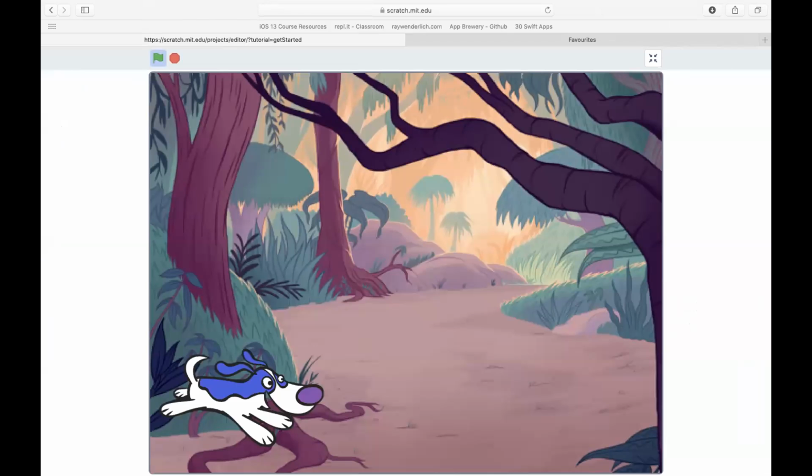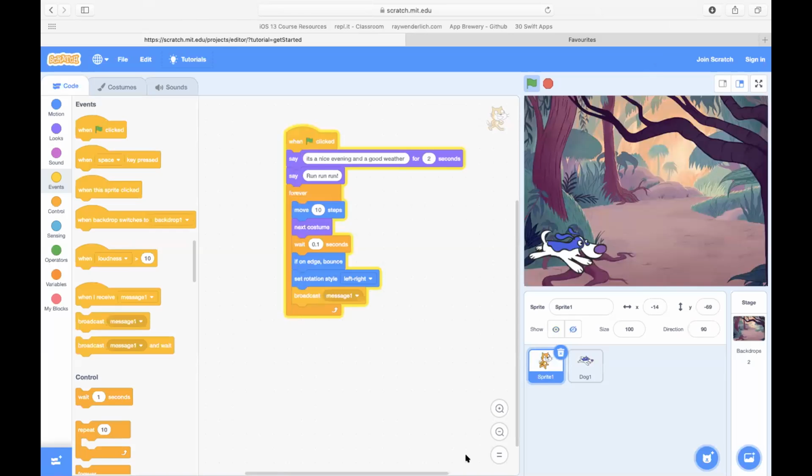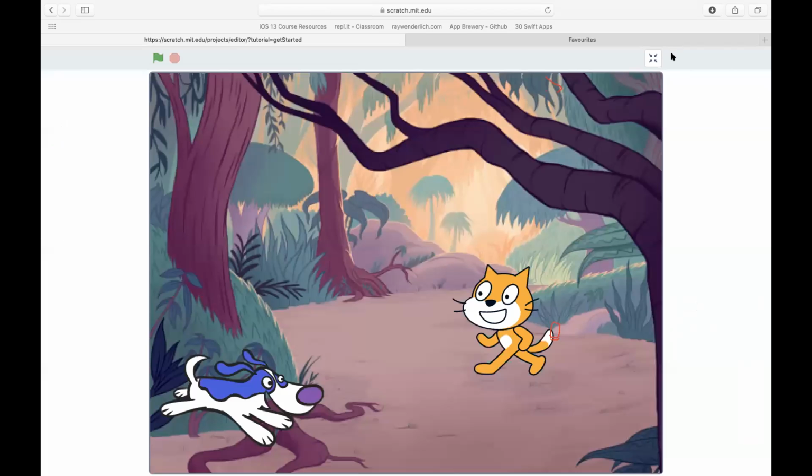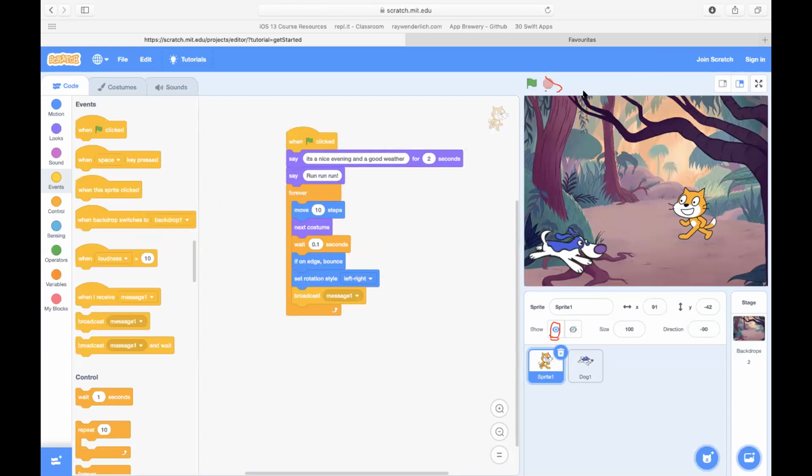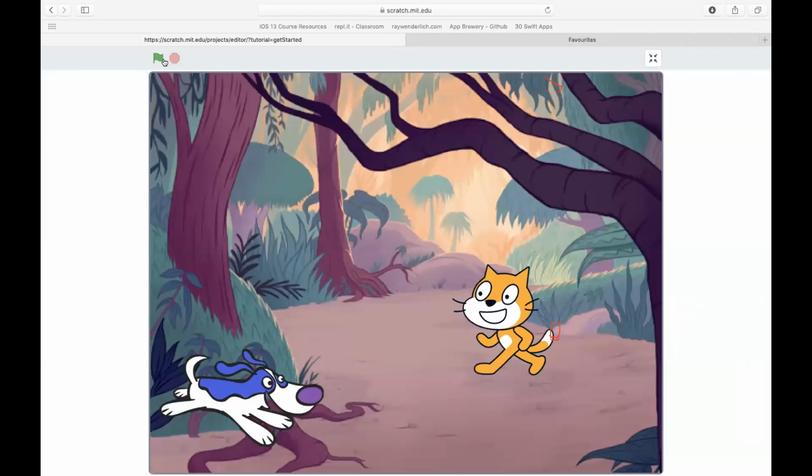Okay, so now let's go to your code again. Yes, sir. First, stop your code. Click on the red one, stop your code. Go and click on this particular one to show your cat. I've just marked it on your screen. Okay, now go full screen again and run your code again in full screen.